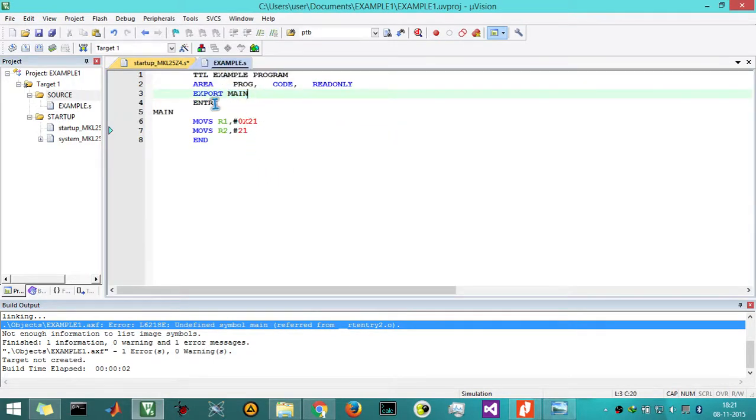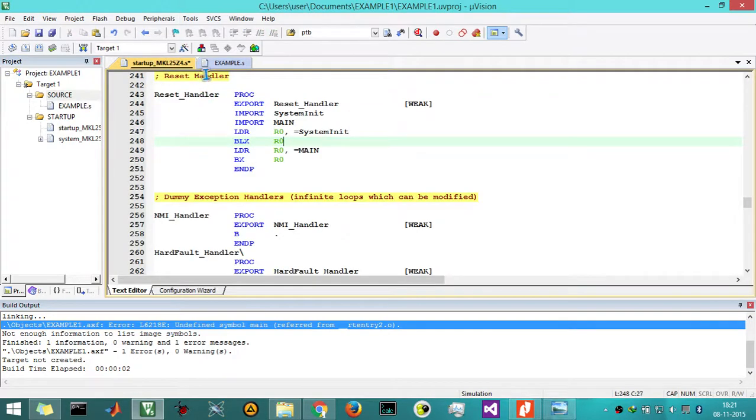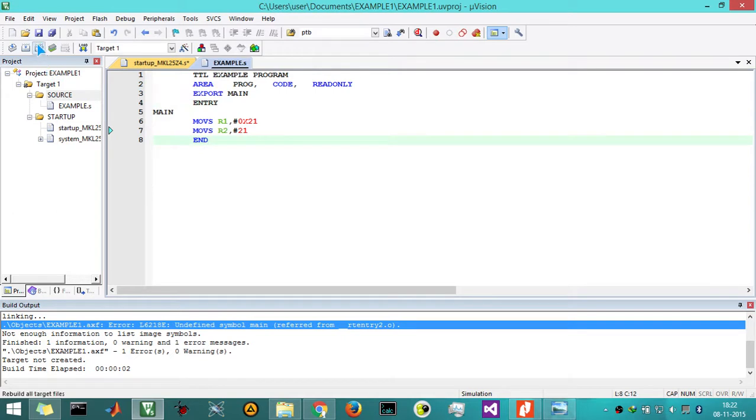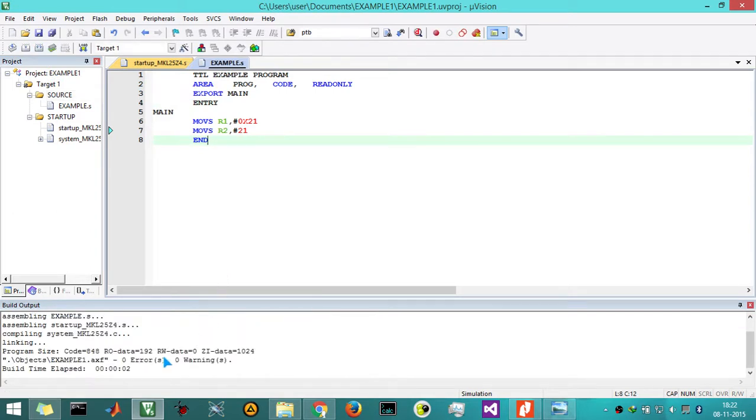That is the essence of this. We are going to export main from this program and import the same main into this program. So our main program execution starts from here. After executing these two statements, we are now able to execute our main program. After that we are going to end. END is end procedure. PROC is procedure, ENDP means end procedure. Now we are going to compile our program and see that there are no errors and no warnings. Now we can debug our program with ease.